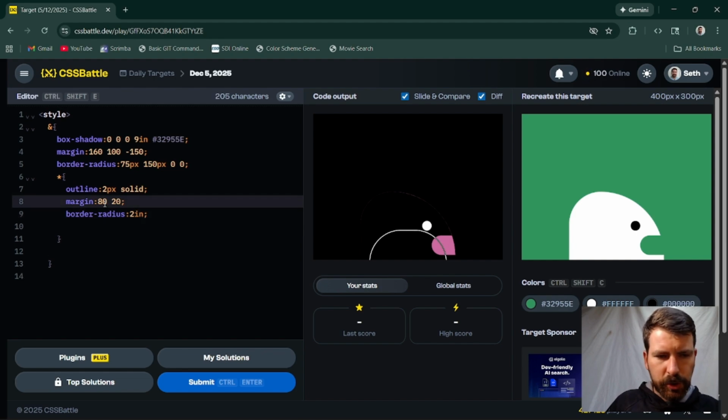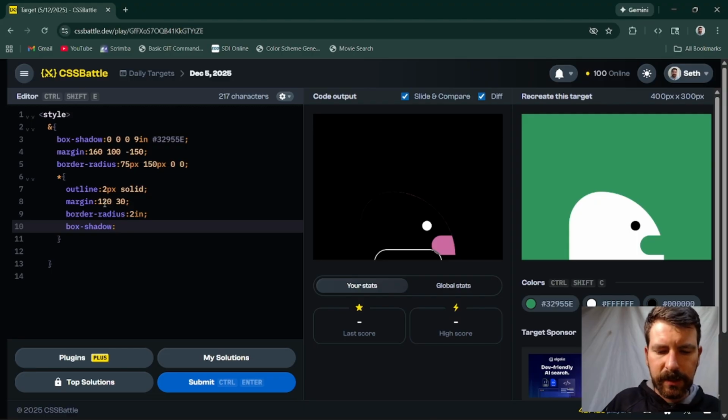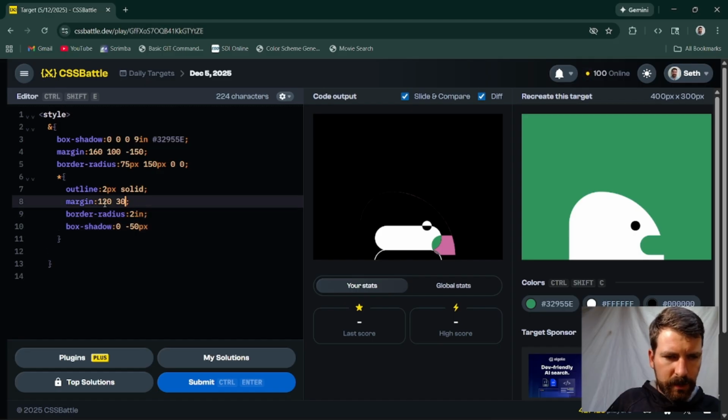What I'm hoping to do is make it the right size. Oh, 50, 40, 20. All right. Let's box shadow it, and then we'll see if we can condense those. Let's go 0, -50 pixels. There we go. So if we increase this 130,